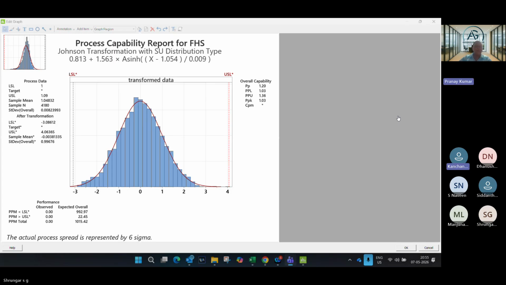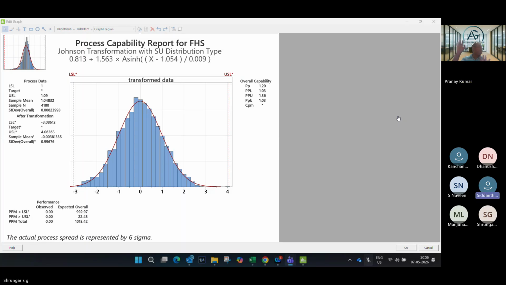Why will it be so tough? Sir, one confusion: we can't take production data for 2 days and calculate Ppk. Take 3 months of data. So if I have short-term data, I will do Cpk. If I have long-term data, I will do Ppk. Even for short-term data, if it is giving you Ppk, it is saying this is my projection of how you will do in the long term.